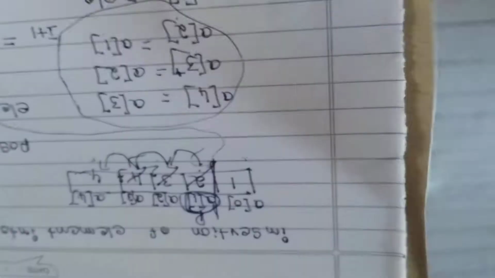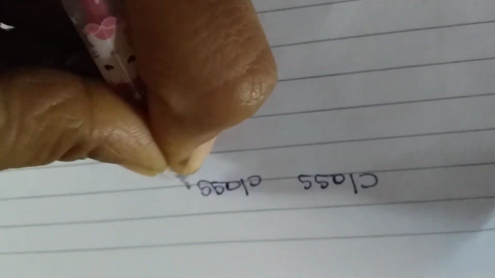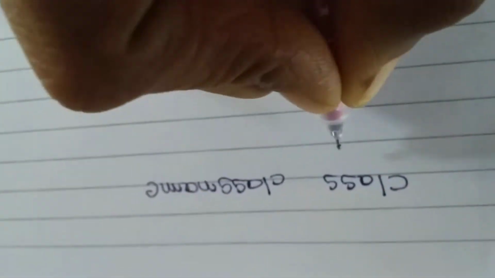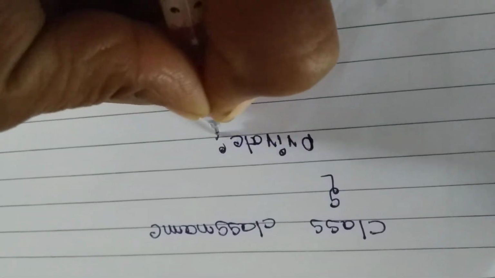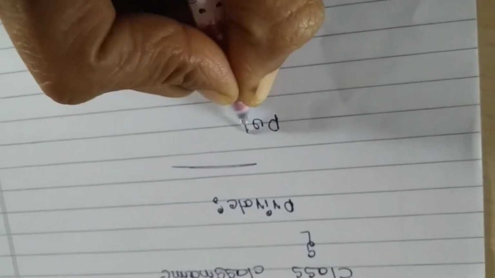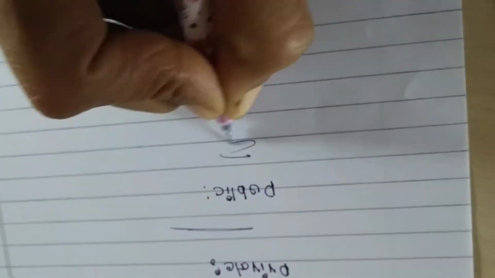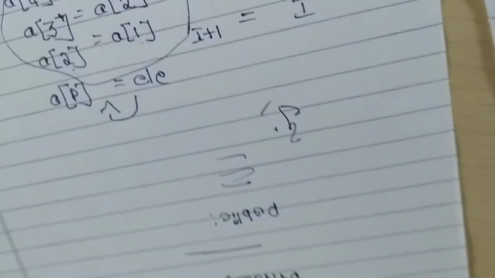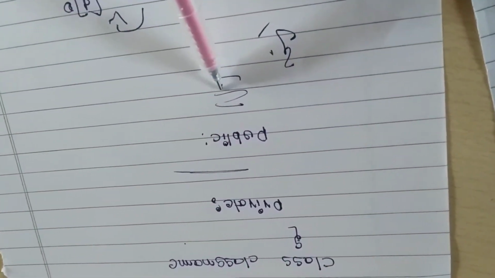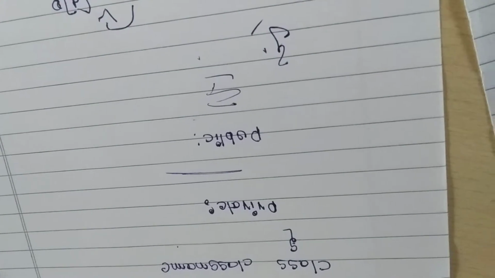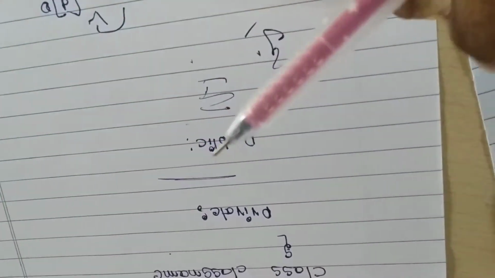Before I explain the program, one more basic is, every class consists of a definition. So what is there? Class name, practice and day. Number of practices, else fails in lab also. If Kalyani won't practice, she will fail in her lab exam. No doubt in that. So private, under that we'll write variables. Public, we'll write functions and a semicolon. This is the definition of class. Class name, then this is the body of class ended with semicolon. Inside the class private will be there, public will be there. In public we'll write functions, under private we'll declare the variables.